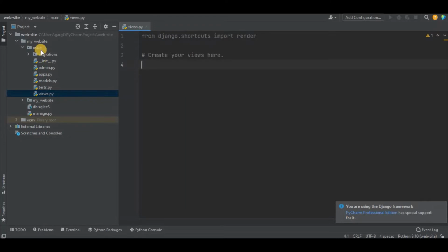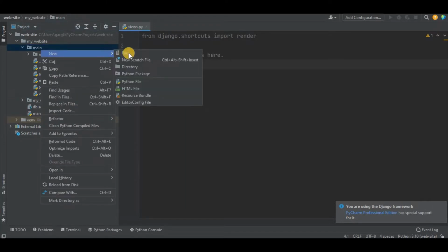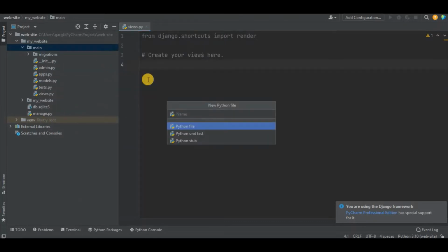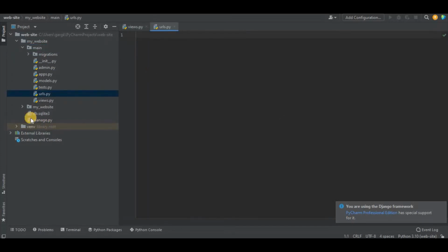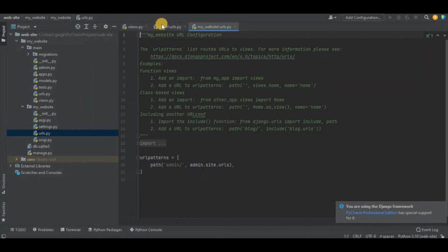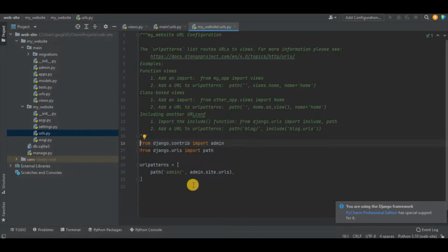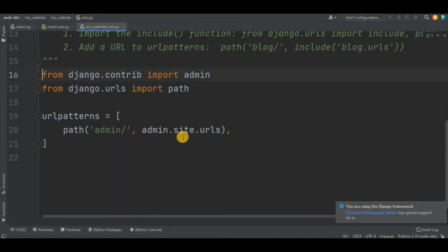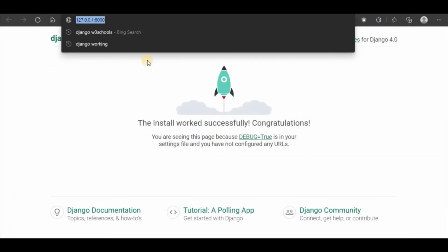And now I will create a file called urls.py inside my app, urls.py. Perfect. Now, if you saw, this project is also containing a file called urls.py. So I will open that, and you can see these things. Now this is where I am going to send my users to different web pages, and you can see one path is already there, which is admin. And let me show you. If I go to over here and say /admin,